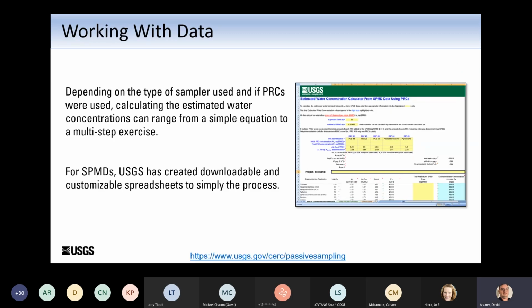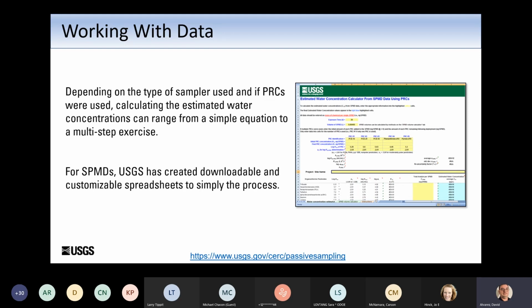When working with data from passive samplers, it can be daunting. At first, the data you're going to receive from the lab needs to be, sometimes it doesn't always come from the lab this way, but it should be in terms of the amount of chemical present in the passive sampler. So you should get something in units, for example, nanograms per SPMD. Although this can be informative, you can still compare sites, you can talk about presence, absence, relative differences between sites. Often the typical goal is to express the data in terms of an estimated